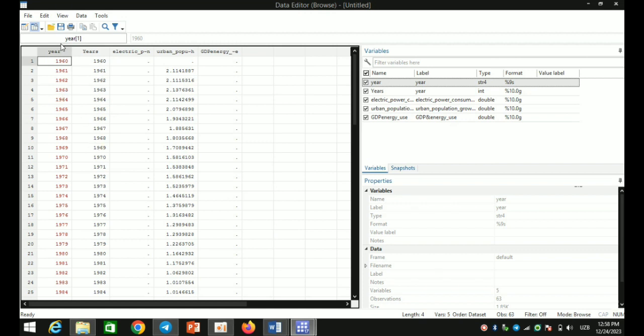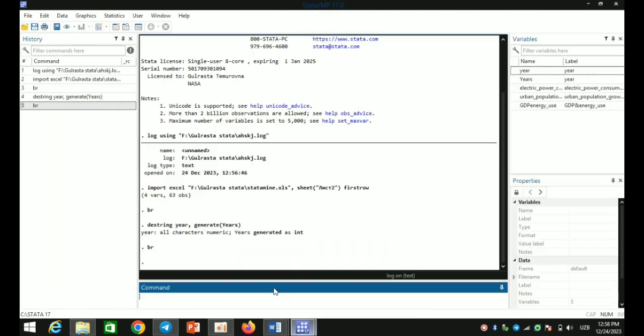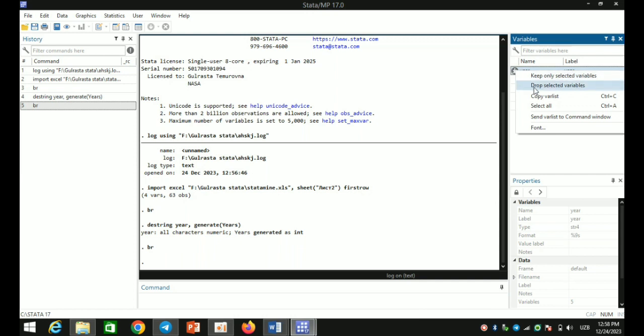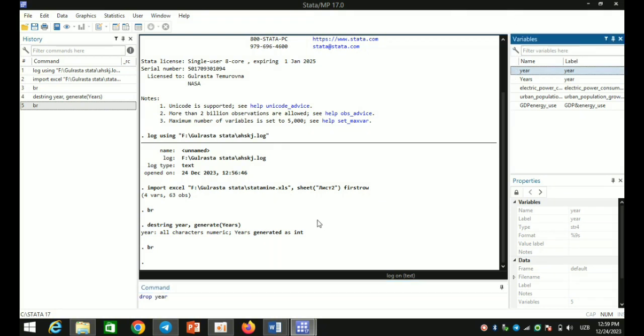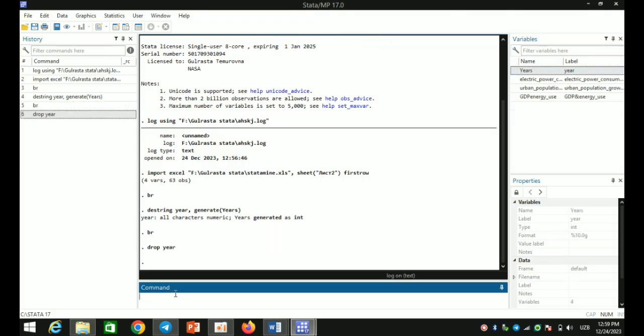And now I should delete this variable. For this, there are two ways. The first way is to choose the drop selected variables option, or the second way is writing down drop and the name of the variable from here and enter. So you can see our variable has disappeared, and now it's time to save it as the tab